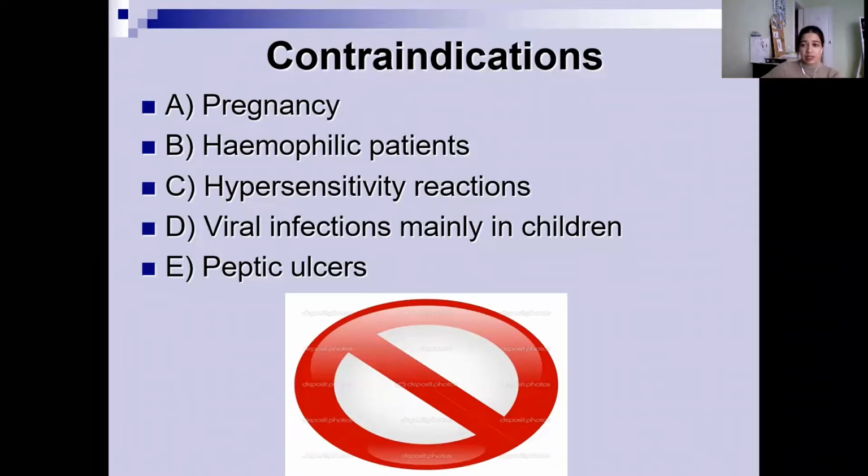Contraindications. Pregnancy, why? Because it affects the blood flow of the fetus. We have already discussed that the fetus has some special ducts which help to not overload the heart, and if you have used the non-steroidal anti-inflammatory drugs, nevertheless they help to keep pregnancy and avoid spontaneous abortion. Nevertheless, it can affect the heart of the fetus, which we don't want.